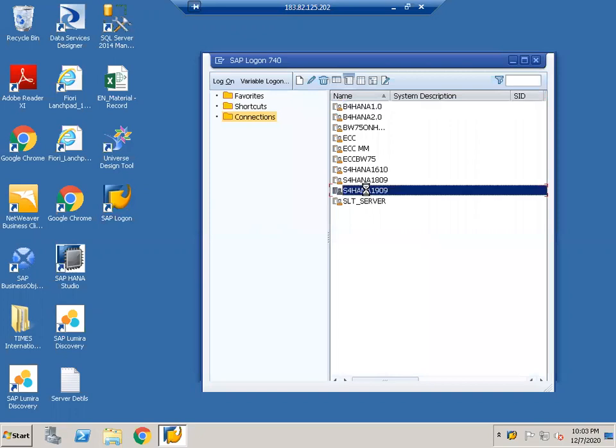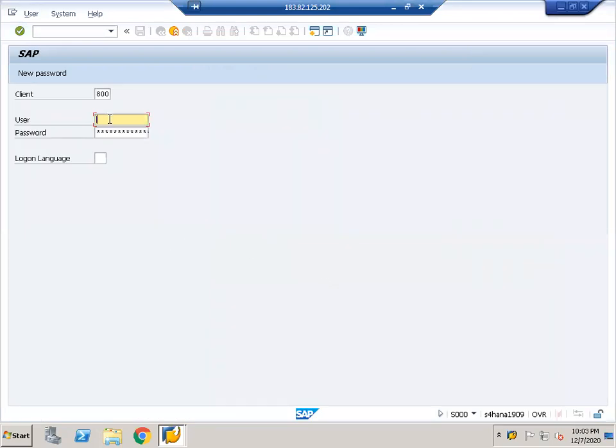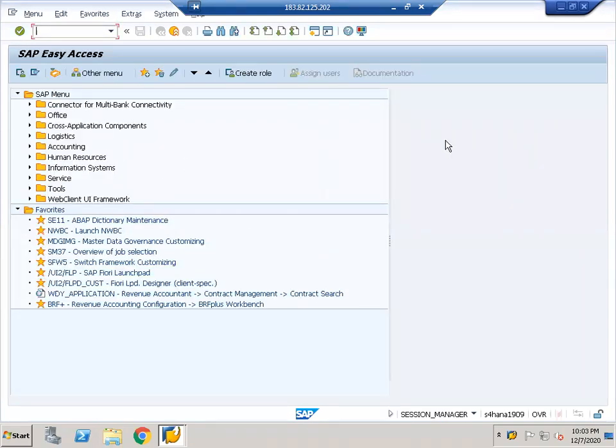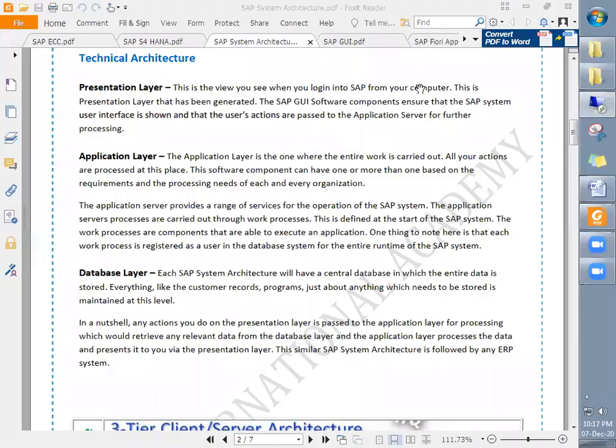Using a username and password, I'm accessing SAP. This is the presentation layer from where we access SAP. We will be discussing the GUI in detail in today's session as well.